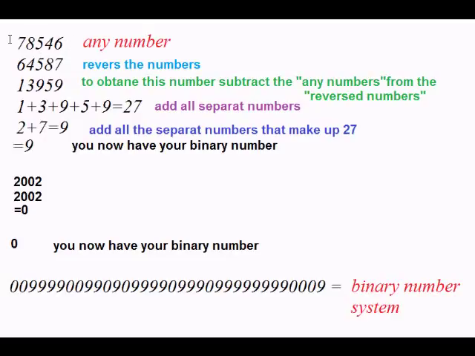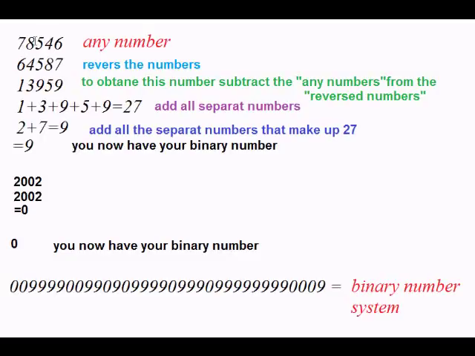So in this case we have the number 78546. What we've done then is we've reversed the number, so we've got 64587. And then what you would do normally in maths is, if you had two numbers like this, the top number here and the bottom number here, and you wanted to subtract one of them, you would subtract the lower number from the top. So when you do that, if you put in the calculator 78546 and then the number